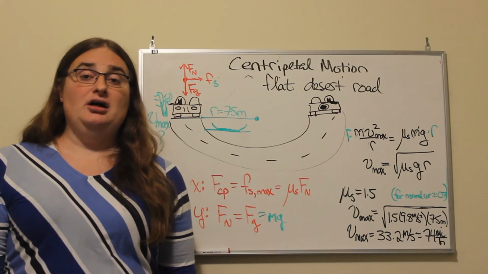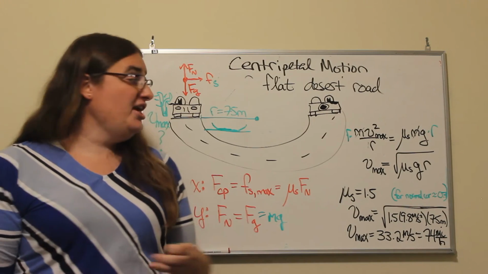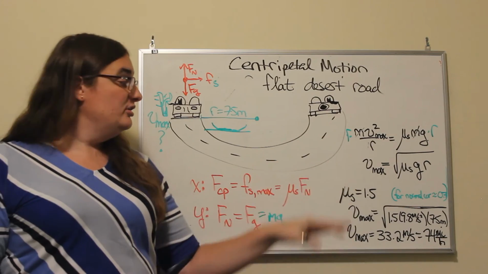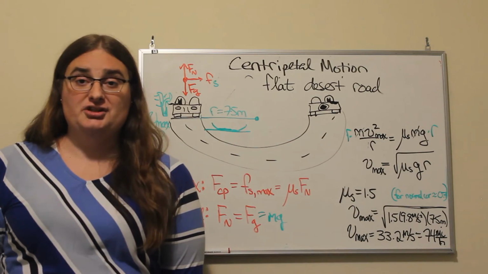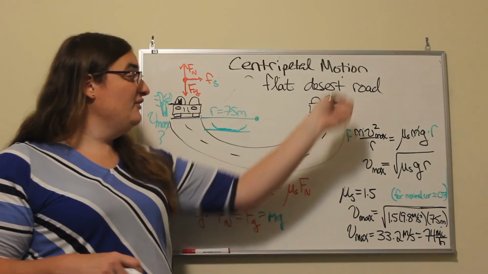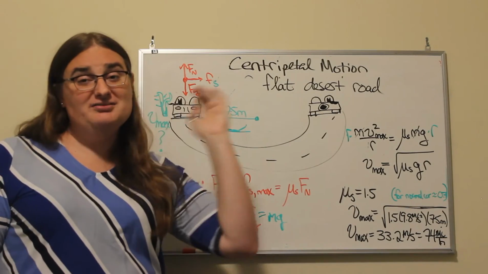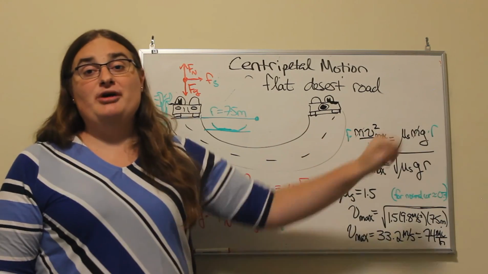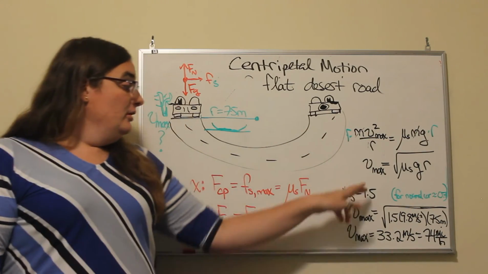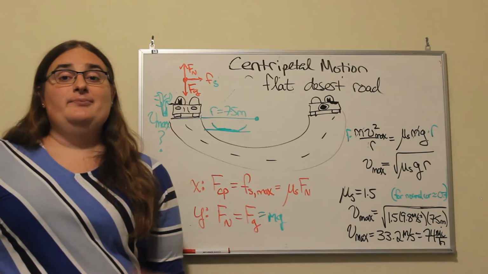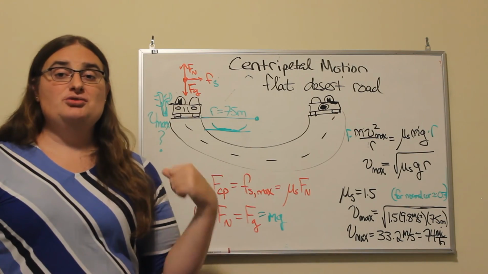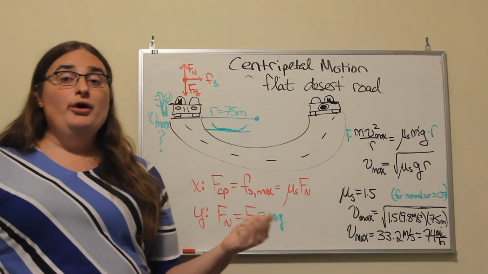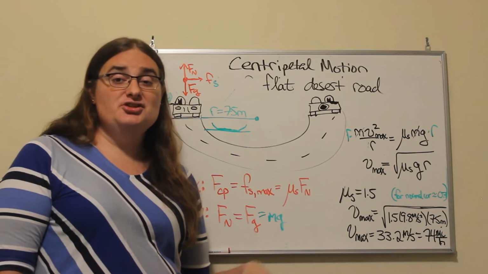Now, an everyday car, again, conditions change. If you're out in the desert and there's a wind, there might be sand. Sand on the road is going to lower the coefficient of friction. So if you try driving 75 miles an hour around this turn, or even 70 miles an hour around this turn, if you hit a patch of sand, you're crashed off to the side of the road. Because you start sliding because there isn't enough static friction to keep you making that turn. If the road's wet, if there's oil on the road, if you have a normal passenger tire